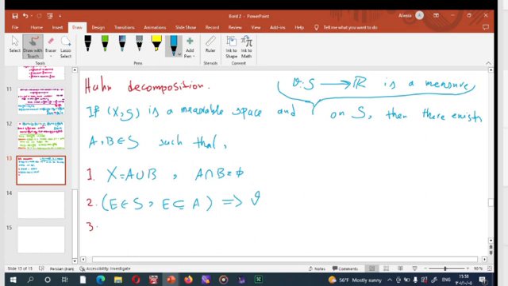Then there exist two sets A and B with these properties. For any subset E of A in S, mu of E is positive, and for any element in S with this property, mu of E is negative or zero. Okay,